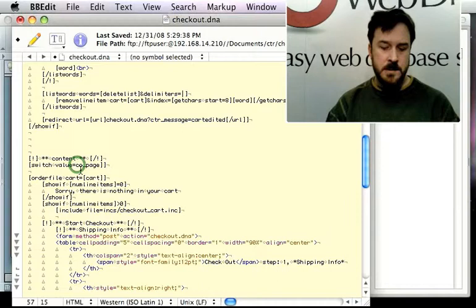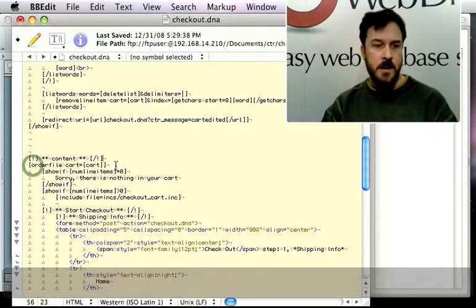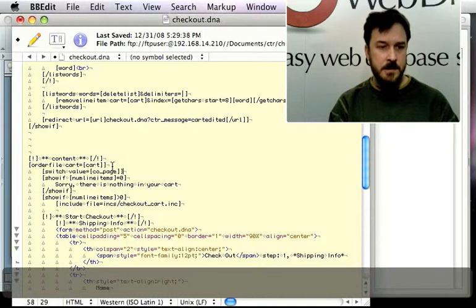I'm going to use a variable name called co_page, and that will be for checkout page. Actually, I'm going to do this inside the order file context so that I don't have to repeat that tag. So we'll do a switch